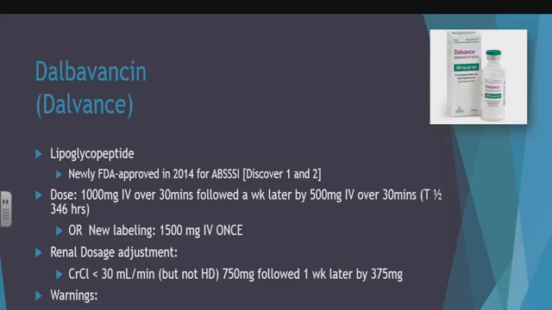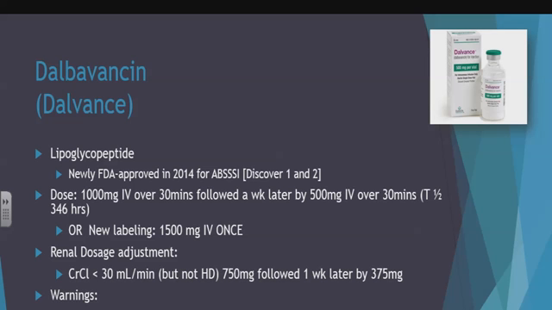Does a generic exist for tedizolid? No, generic does not exist for tedizolid. It just came out in like 2014. So that's going to be another 10 years at least probably until we see a generic. Linezolid came out around the year 2000, I want to say, and we just got a generic this past year. So that was 16 years later. Because the pharmaceutical companies are a dirty business, but